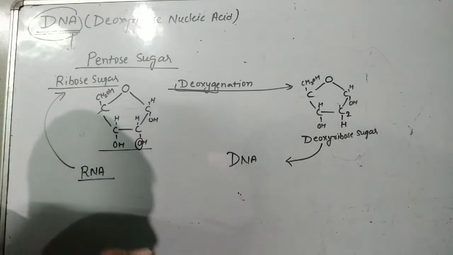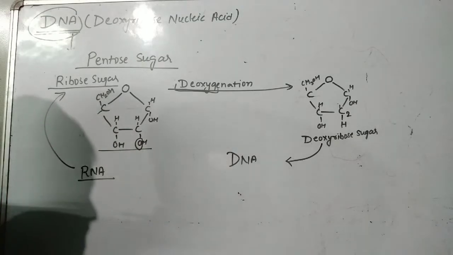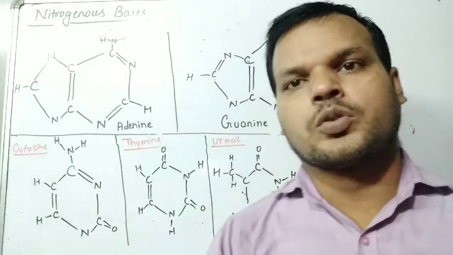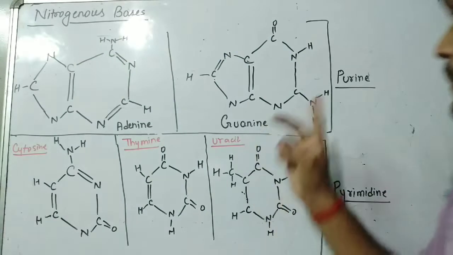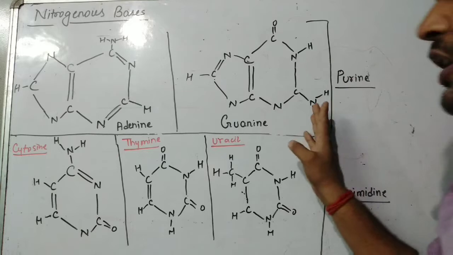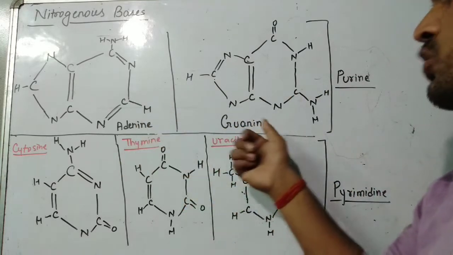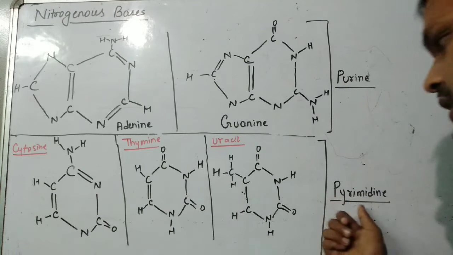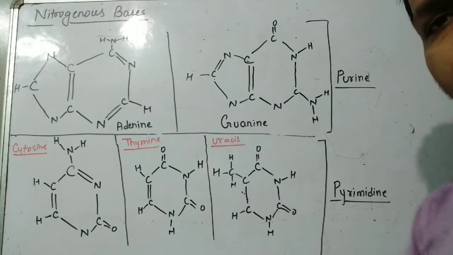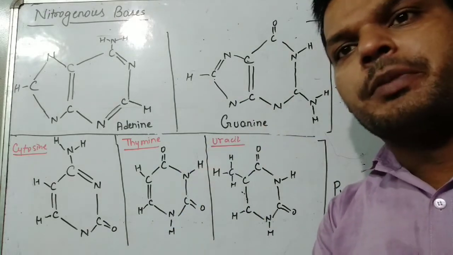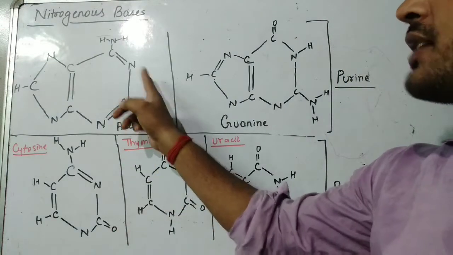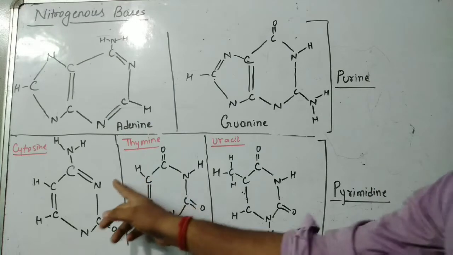Now let us see the structure of nitrogenous base. अगर आप देखेंगे नाइट्रोजनस बेस को अब, तो नाइट्रोजनस बेस जो है वो दो टाइप का होगा, एक होगा प्यूरीन और दूसरा होगा पायरिमिडीन, जैसा आप डायग्राम में देख सकते हैं। प्यूरीन दो तरह का होता है, एक होता है एडेनिन और दूसरा होता है ग्वानिन। और अगर पायरिमिडीन की बात करेंगे तो ये होगा 3 टाइप्स का, साइटोसिन, थायमीन और यूरासिल। If you see the structural difference between these two types of nitrogenous bases, you can clearly find out that one is a double cyclic structure while the second one is a single cyclic structure.